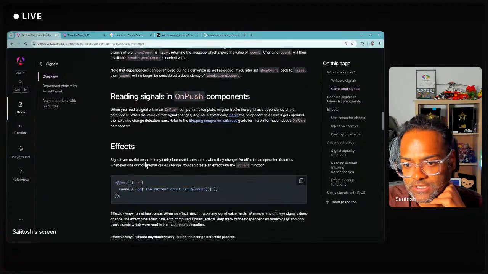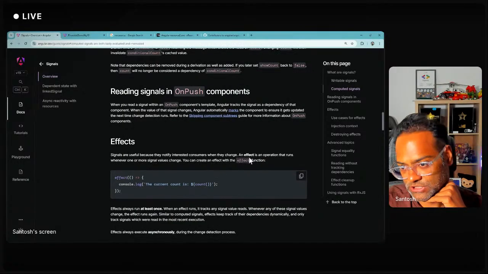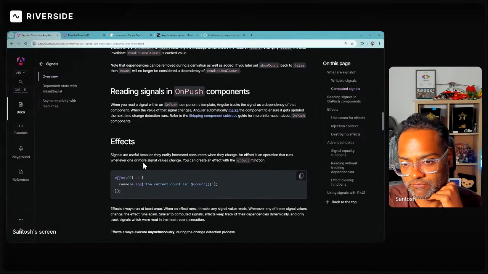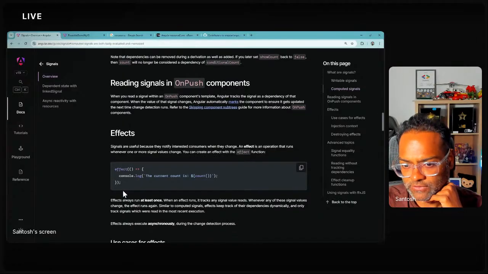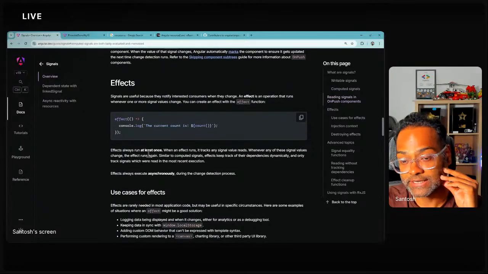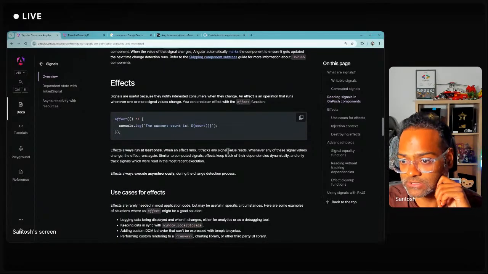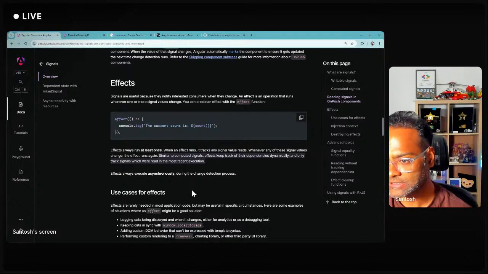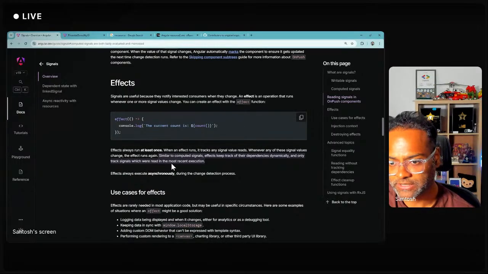Effects. Signals are useful because they notify interested consumers when they change. An effect is an operation that runs whenever one or more signal values change. You can create an effect with the effect function. Effect always runs at least once. When the effect runs, it tracks any signal value reads. Whenever any of the signal values change, the effect runs again. Similar to computed signals, effects keep track of their dependencies dynamically and only track signals which were read in the most recent execution. Effects always execute asynchronously during the change detection process. Okay,